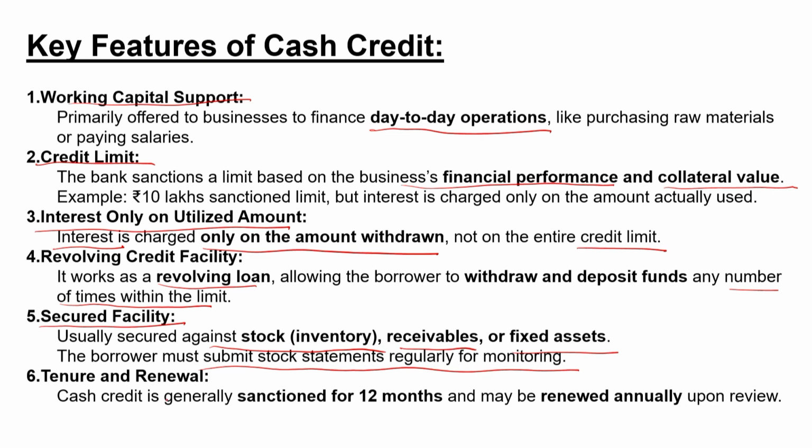by them. The tenure and renewal of this particular cash credit is basically sanctioned for 12 months, and it can be renewed annually upon the review of the past financial performance of the business owner. So these are the different key features of the cash credit if we compare it with the overdraft facility. In case of overdraft facility, there are certain categories of overdraft where you need not provide any collateral security, whereas in case of cash credit, you always need to give certain assets as collateral security to the